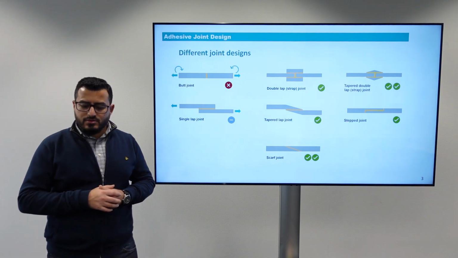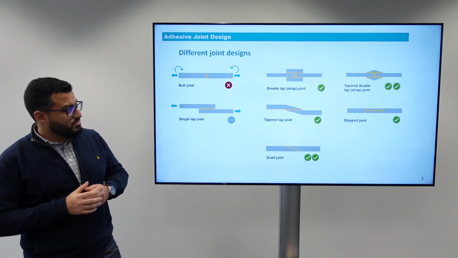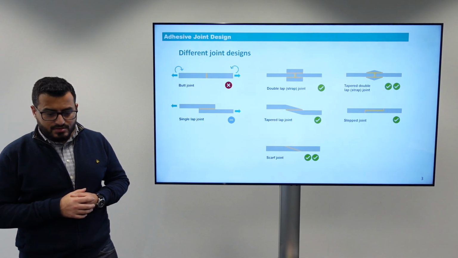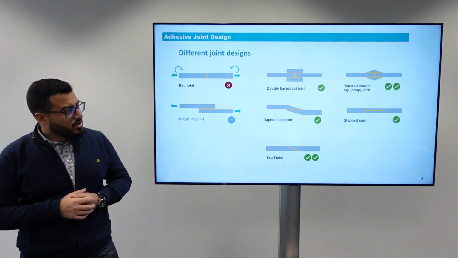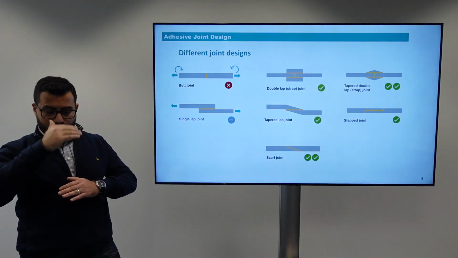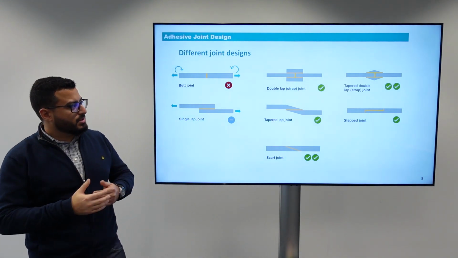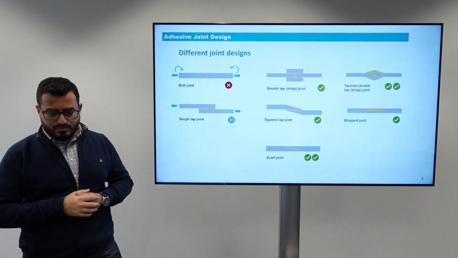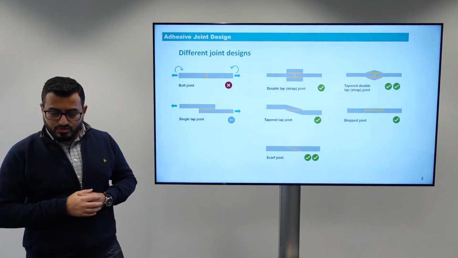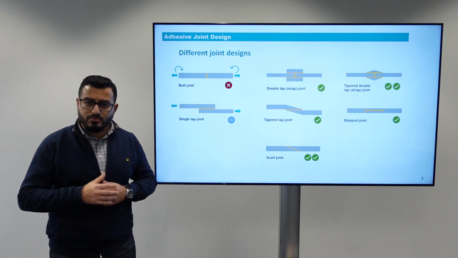These are typical examples of joint designs. So first we have the butt joint, which is very easy to apply, but these joints are very poor in terms of resisting cleavage stresses. One solution is to add two parts on top and bottom of the joint and transform it from a butt joint into a double lap or a strap joint. This actually increases the contribution of shear forces into the load transfer and also protects the joints from the cleavage